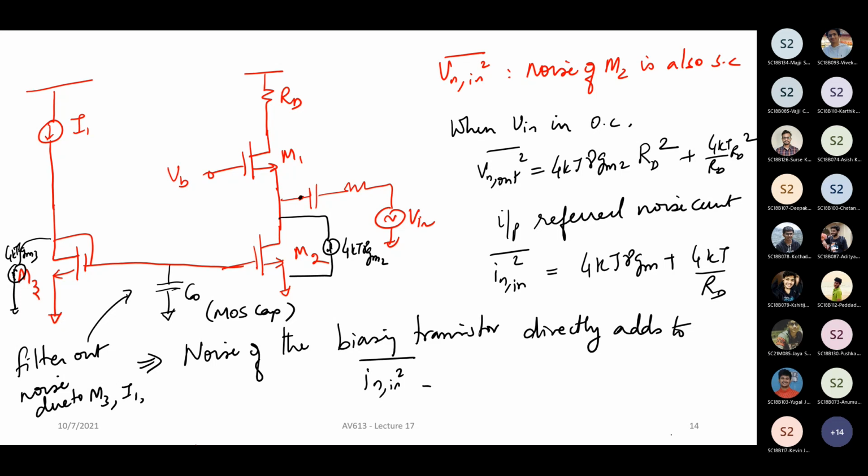So what is the impedance at this point? This is a diode-connected transistor, right? So the impedance at this point is 1 over gm. Basically, you can think of it as 1/gm in parallel with C0. That will be this thing. The pole of the filter will be 1/(2π·gm·C0).  So depending on the gm that you have for your M3, you will design your value of C0 such that the corner frequency is below your frequency of interest.